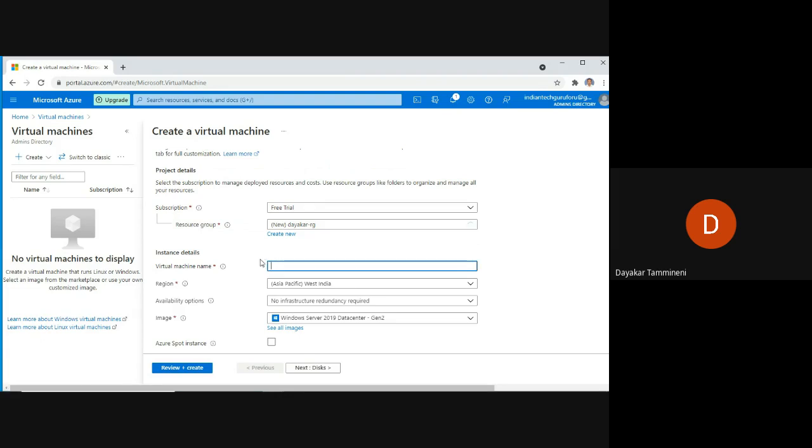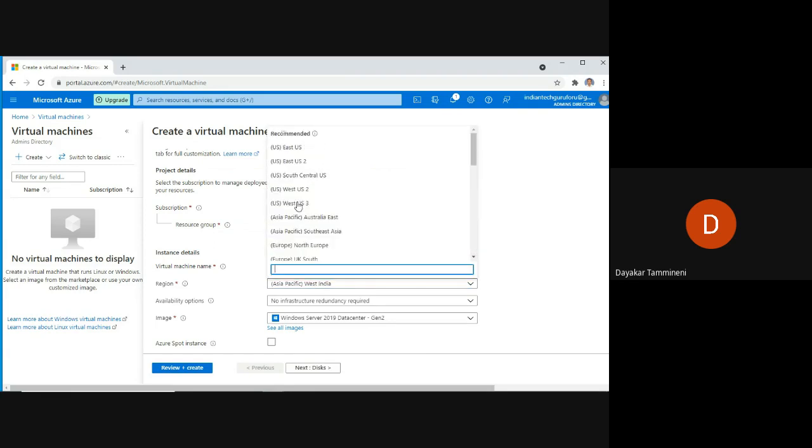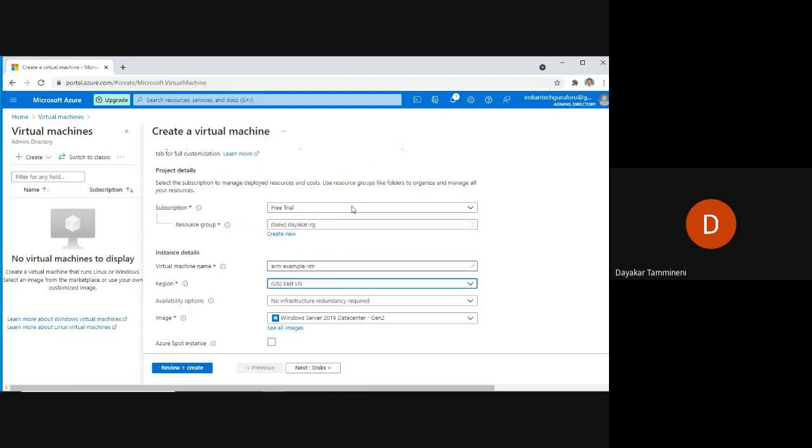The virtual machine name I am giving as ARM example VM, so this virtual machine I am using to demonstrate ARM example. And region, I will select East US.